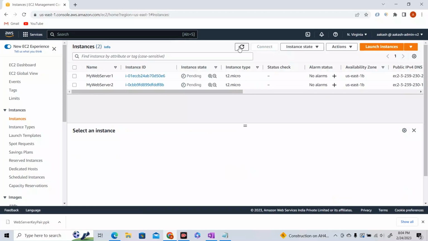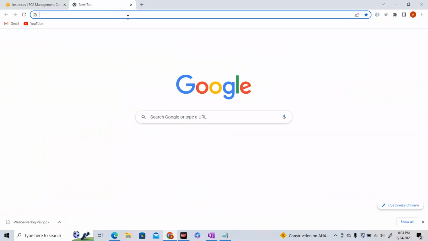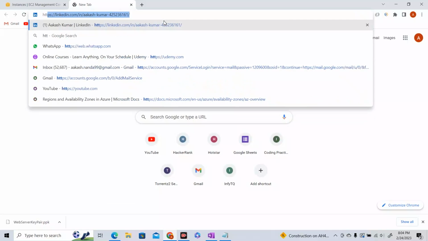Okay, let's wait for a while. Okay, so one is in running state. So let us select that one running state. So we have a public IP address. Let's copy that and let's go over here. I'm just going to say http://